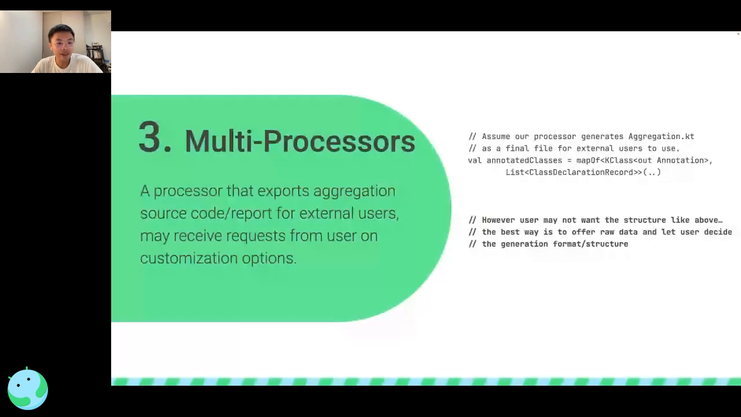The third one, I would like to introduce something new, the multi-processors workflow. The scenario is when you run a processor, they export some source code or some reports for external users. They may not be satisfied with the data structure you provided, and they may file a feature request for you to provide some custom options for them. However, we all know, even though we've provided some options already, we still cannot make everyone happy. So the best way is